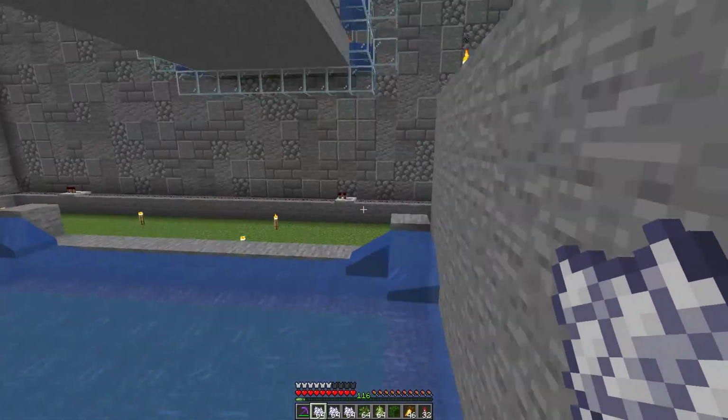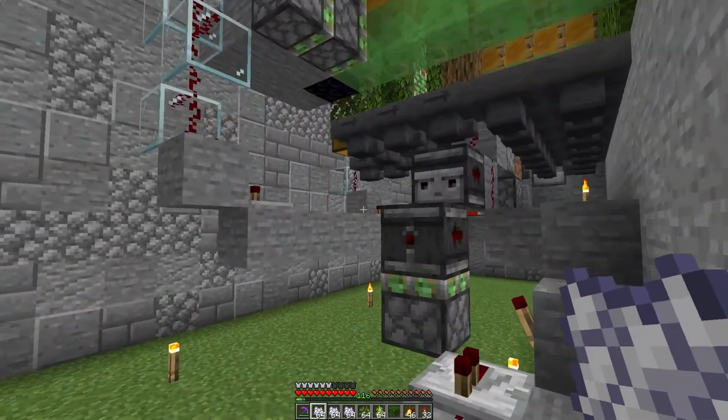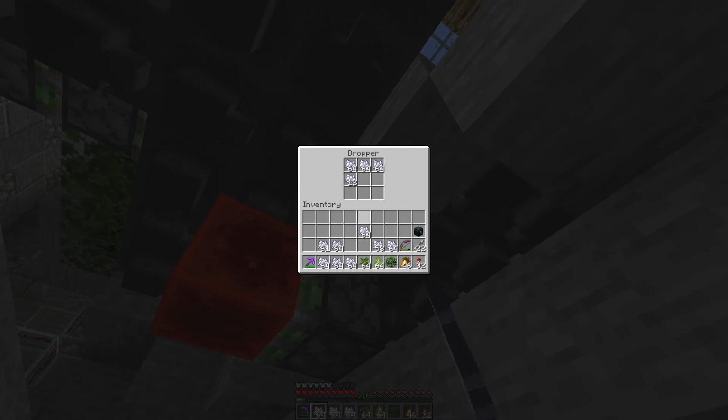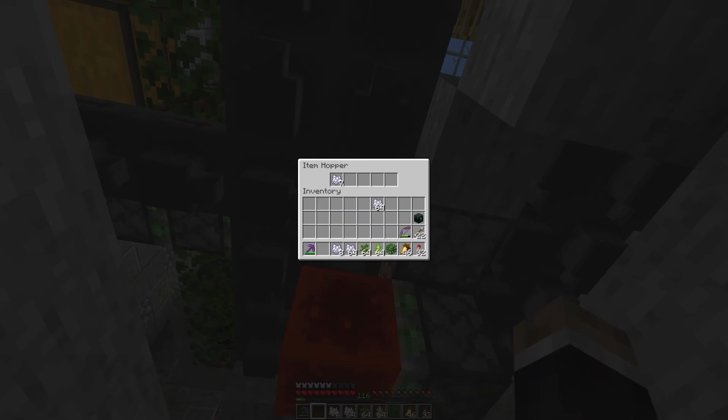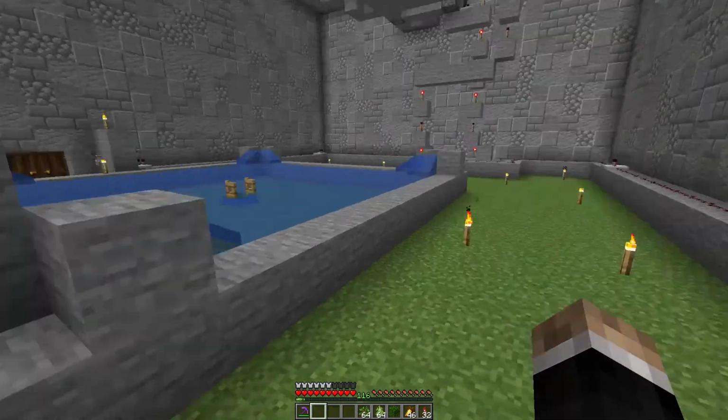Oh wait, I think I can go around. Yeah, oh of course, over here. Yeah, this is the easy way. I can come right underneath this machine. So there's those hoppers. They feed right into this dropper, I guess, which is going to shuffle everything upwards. So there we go. So I filled those droppers and those dispensers and everything that needs to be filled with